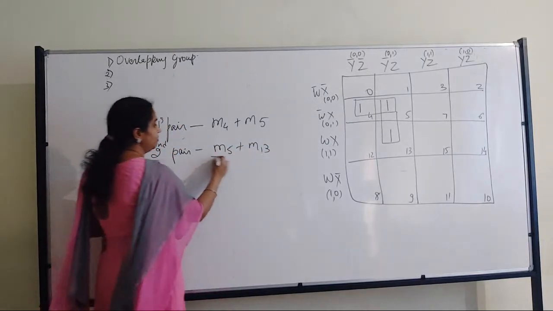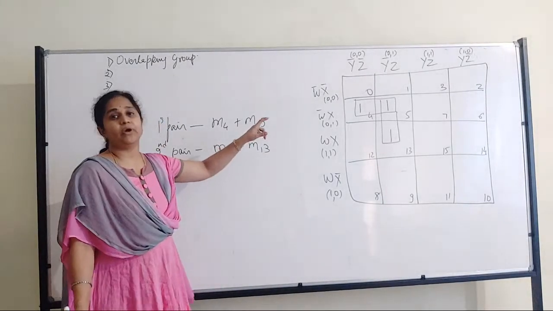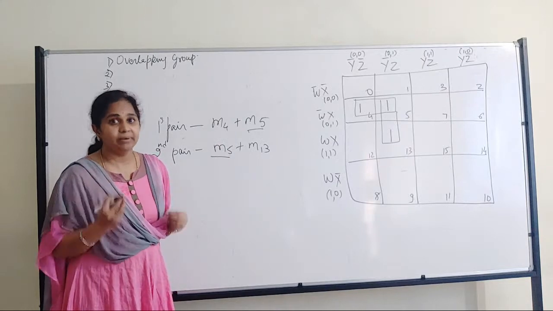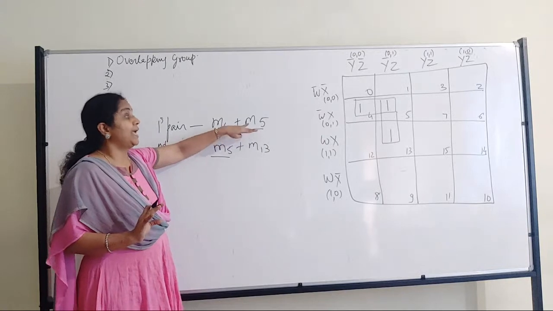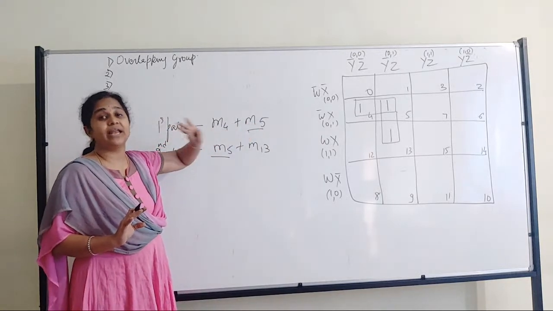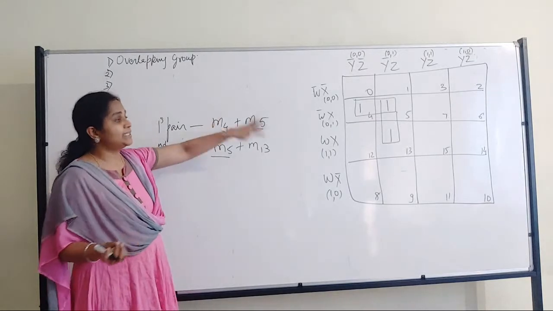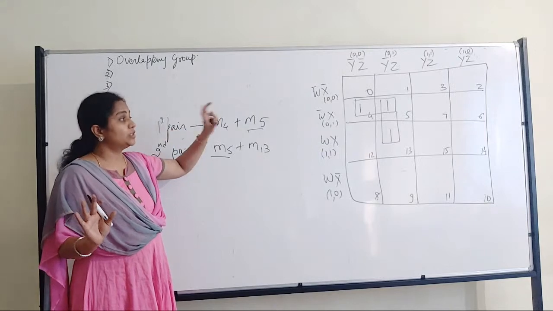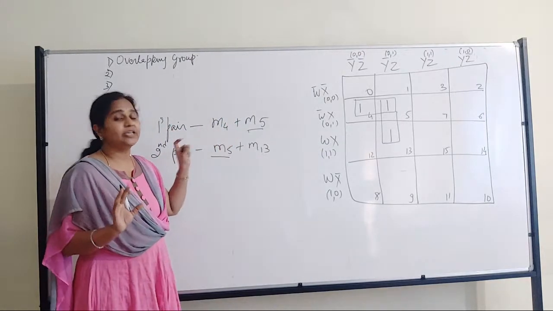Right? Can you see in both of it M5 is coming. Now it is very important to include it in both the groups, otherwise I can't form even a pair. Minimum a pair has to be formed, right? So in that way we call that M5 is the overlapping group, or you don't have to mention it in that particular way. This map is showing overlapping. That's it. Fine. So this map is showing the property of overlapping. And M5 is very important.